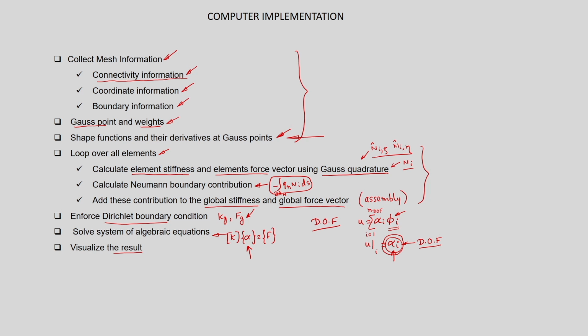In the present lecture, we have described each of these steps individually, and we have also shown the corresponding code that is developed in MATLAB. Before going into the code, you are suggested to go through the basics of MATLAB, particularly the multiplication of two vectors, then matrix vector multiplication. This kind of basic information you need to have in order to go through the code.